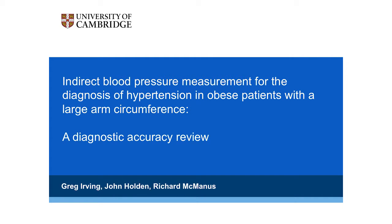Thanks very much. Worldwide, we know that levels of obesity and patients with large arm circumference are at very high prevalence, particularly in developed countries, which means a significant proportion of patients are not suitable for measurement with a standard cuff. In that case, guidelines often recommend using a larger cuff, or in more extreme circumstances, a forearm cuff